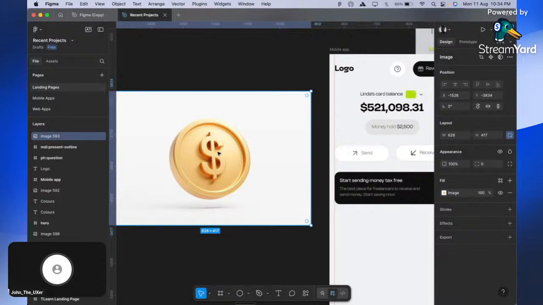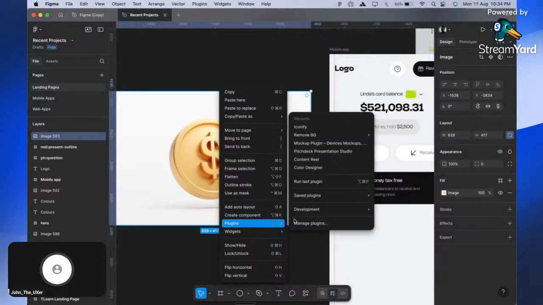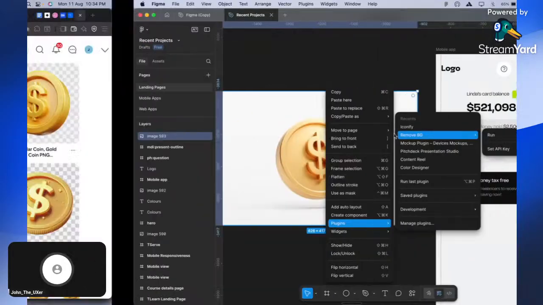I'll just right click on it. Right click with your mouse on the item, come to plugins, search for remove background, and then run. Now if you've not set your API key for remove background, it won't work. So you might need to set your API key first before it works. Now to set your API key, you just need to come over to